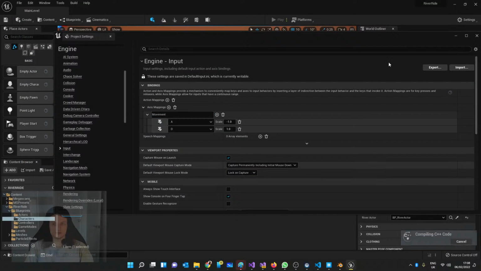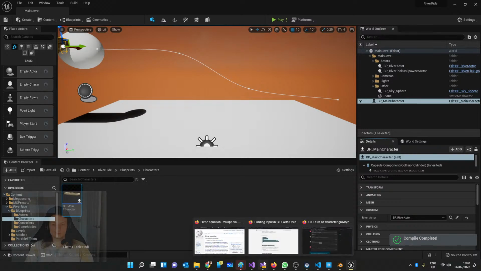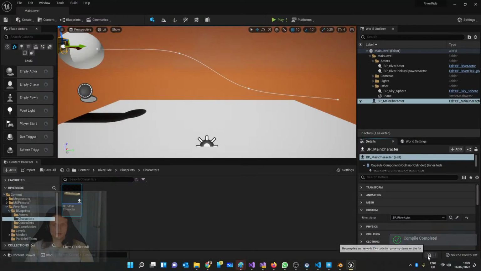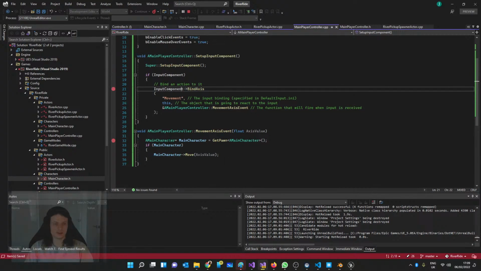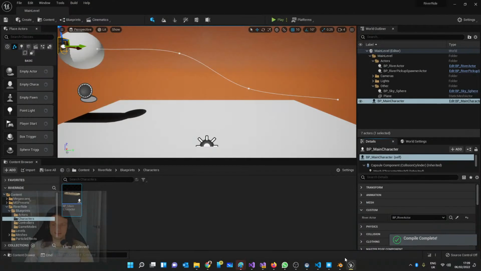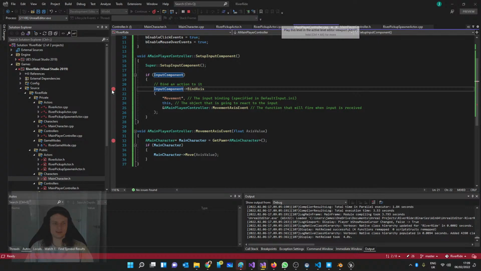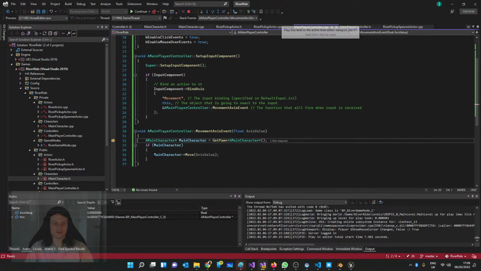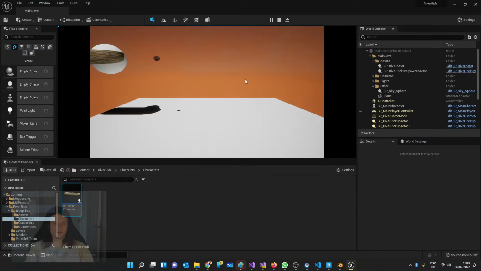So if we go compile, they're still not red, so it's still not joined up. Let's try it again. Not sure what's happening there. There we go. Now they're red. Now if we press play, what are we getting? Here we are. It's got into there. It's binding the event. Move axis is running, and we are moving at 0 at the moment, so we should be still. But if I press left and right arrows,